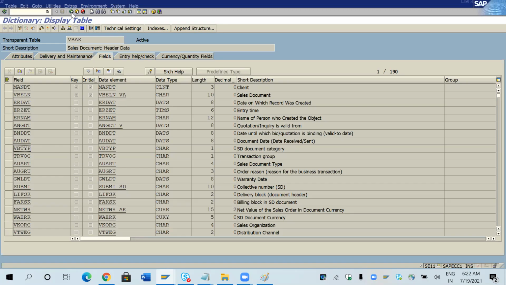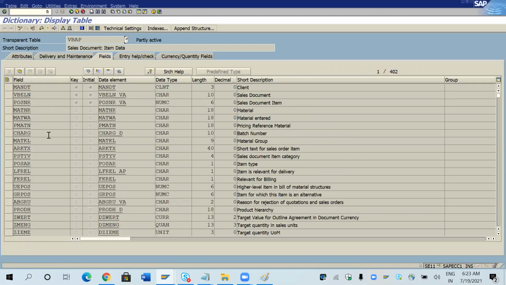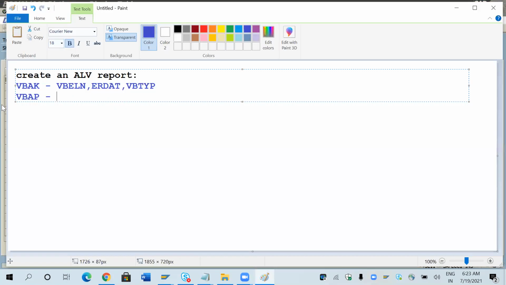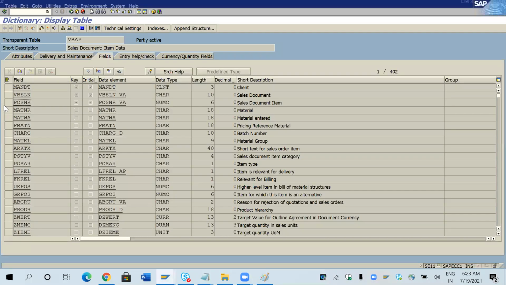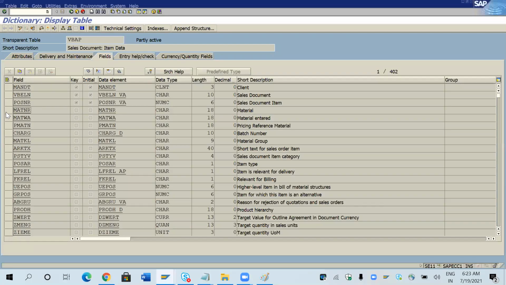From the item details table you can take details like POSNR, that is item number, MATNR, material number, and you can take material group, MATKL, material group,